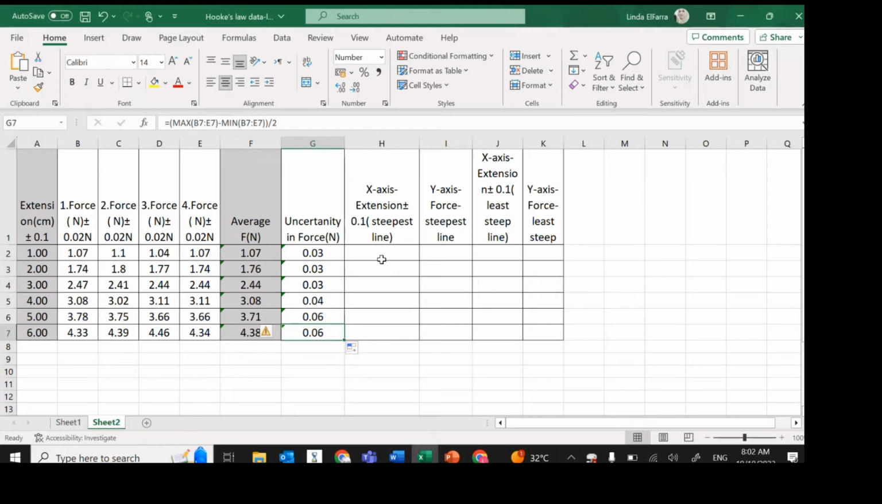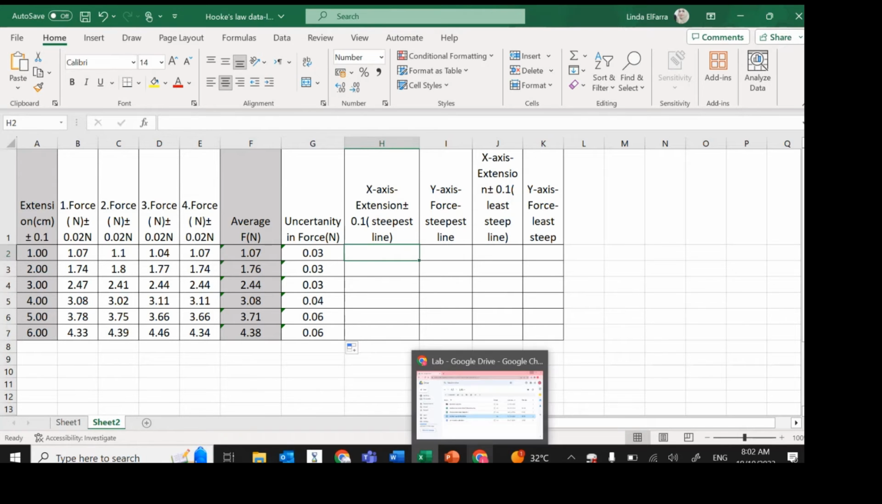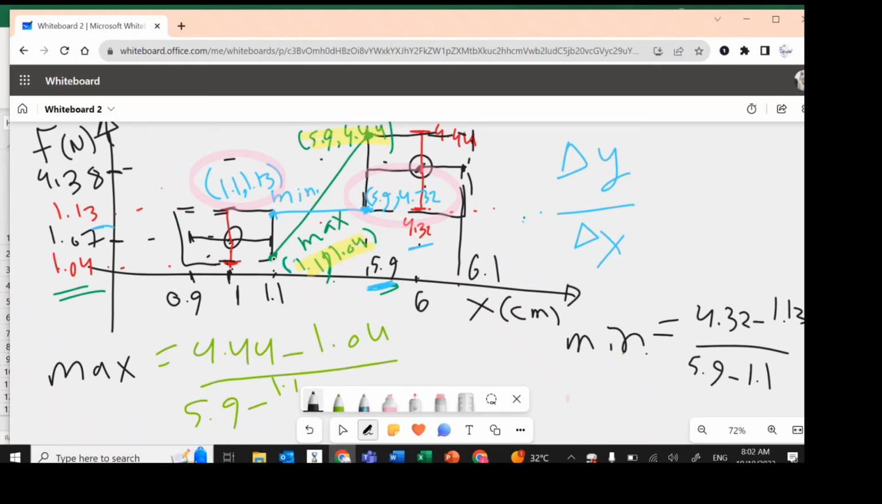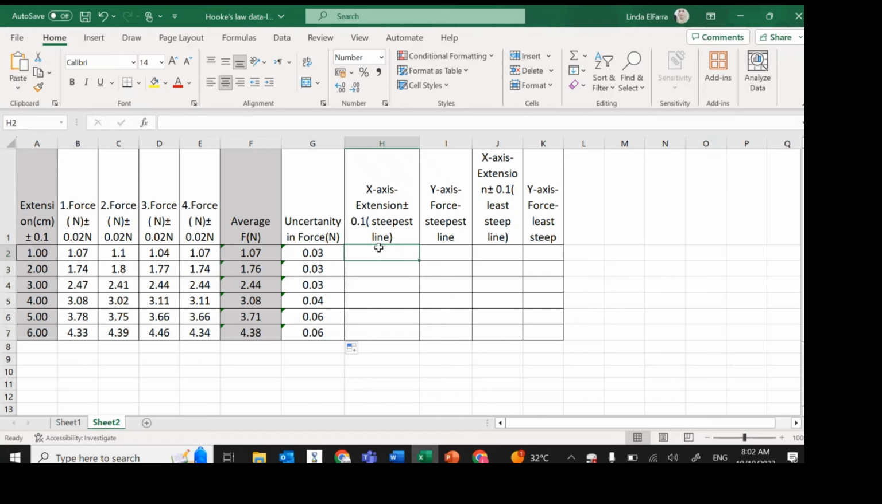So we'll go here. I have to make the steepest line, for the x extension and for the y-axis, the force. So for x, remember, we need this point, which is 1.1 on the x-axis, and the value for y will go down by the value of uncertainty, which is 1.04. So for the x-axis, we have to add 0.01. So we'll go back here. This is the first value. So it will be this value